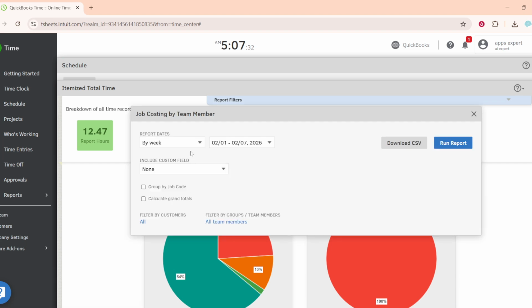and profitability. At the top, set the report dates to the period you want to analyze, for example, a specific week or month. Picking the right dates ensures you're only reviewing the time entries that matter for your current billing